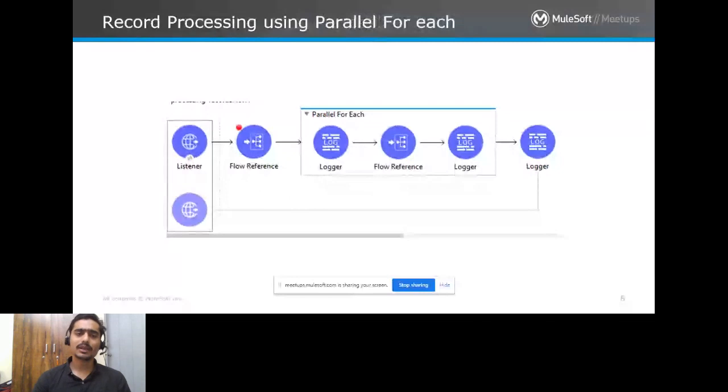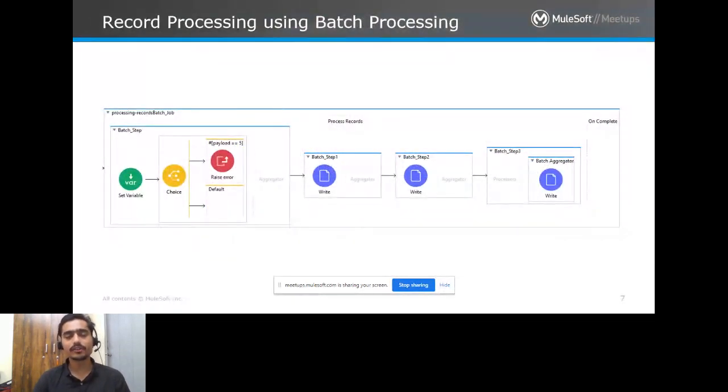But there could be another scenario where I want to speed up this entire process. In that scenario, MuleSoft recently introduced a concept: considering the same scenario, if I want to speed it up, I can go for some kind of concurrent processing. Instead of working on a single record, we can go with multiple record execution at any instance. So we will be talking about Parallel For Each also. And in a real-time scenario, you will have a lot of data, like millions of records. That's the reality. If you talk about Facebook or Google, the amount of data they have and need to share between different data sources is enormous.